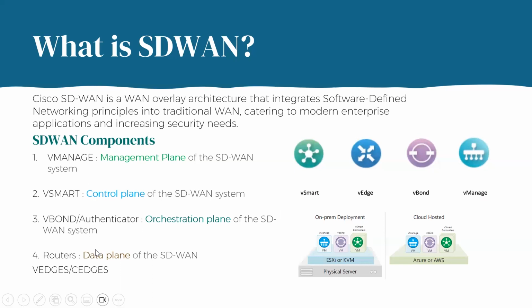Okay. Now another part is the data plane, where our actual packet forwarding takes place. That's the data plane, and it could be vEdges or cEdges. You need to know that the edges come in two flavors, virtual and physical router. The physical router that has the Cisco IOS XE operating system supports this SD-WAN functionality, and then the virtual edges. Now that you have understood what vManage is, what vSmart is, and what the authenticator, or vBond, is,